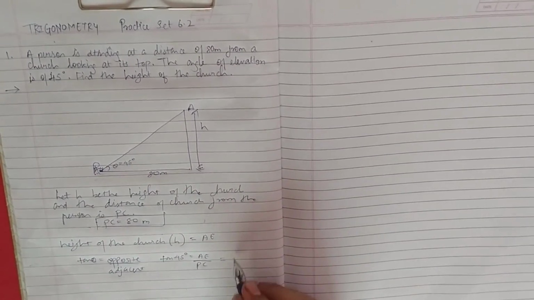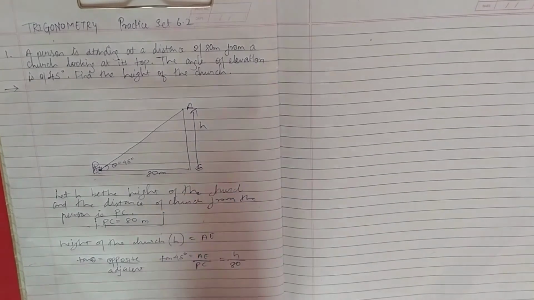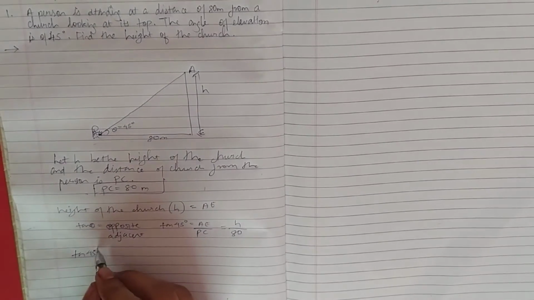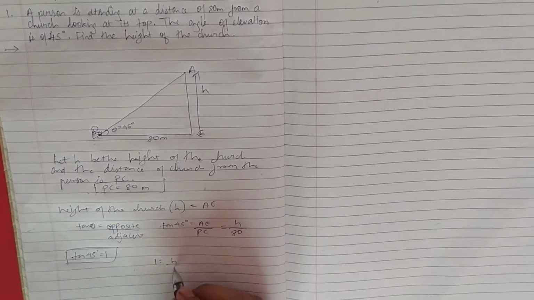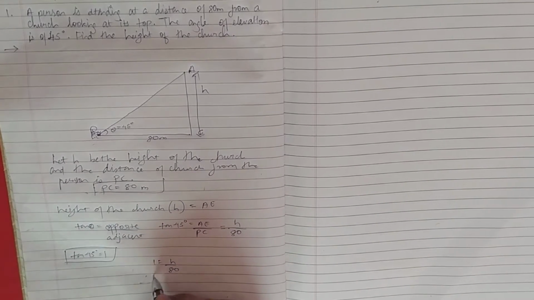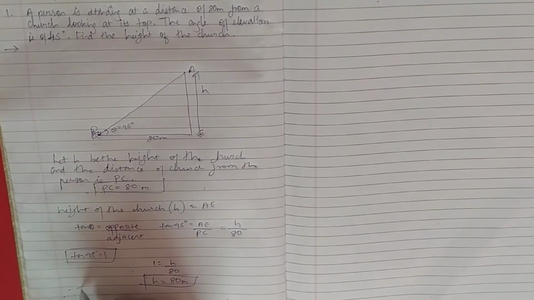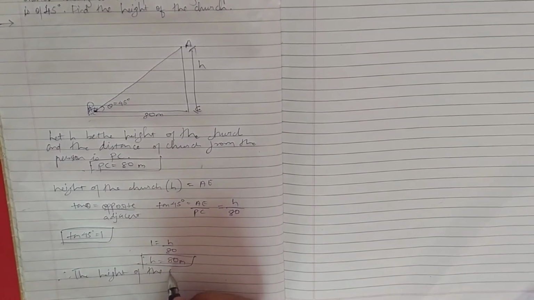We have to find h, and PC is 80 meter. The value of tan 45 is 1, therefore 1 will be equal to h upon 80, therefore h will be equal to 80 meter. Therefore the height of the church